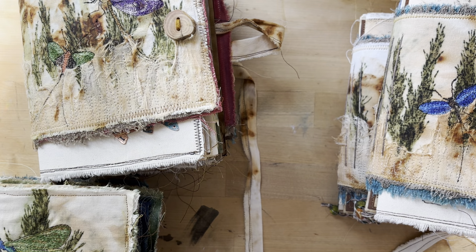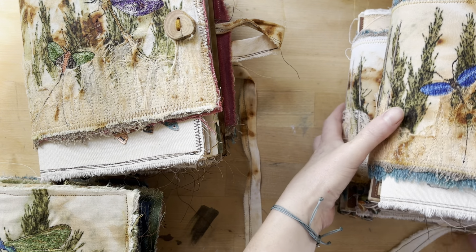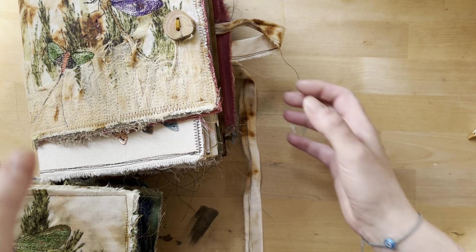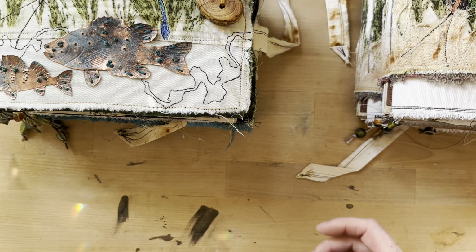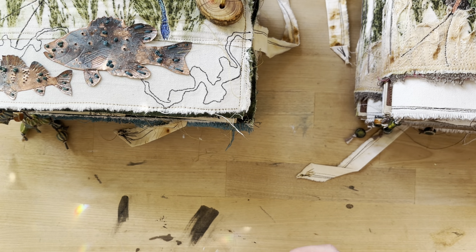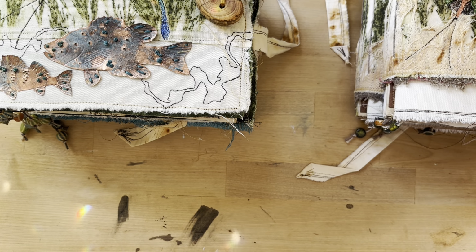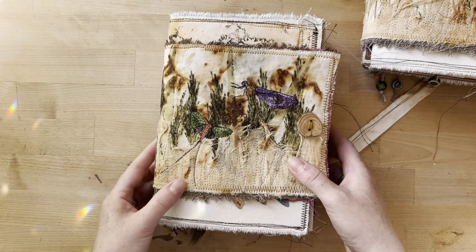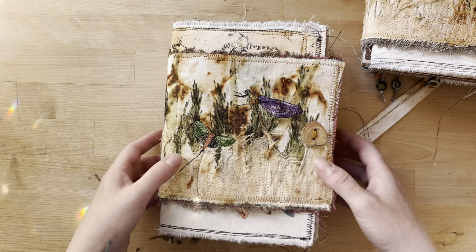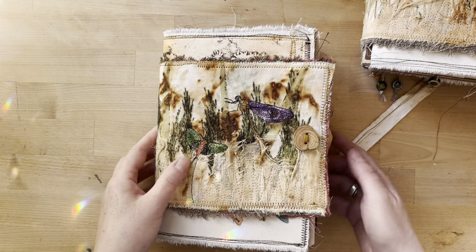And there is one difference: the other ones had three big signatures, and this time they have four. And I made different format as well. So let's get into it. I have 9 books altogether, and I will show you the My Irish Summer first, the classic design, how I usually make them. So we have this cover,